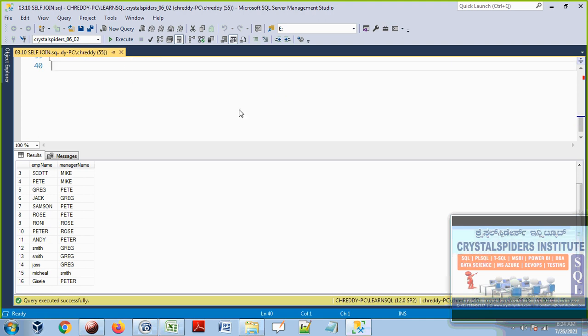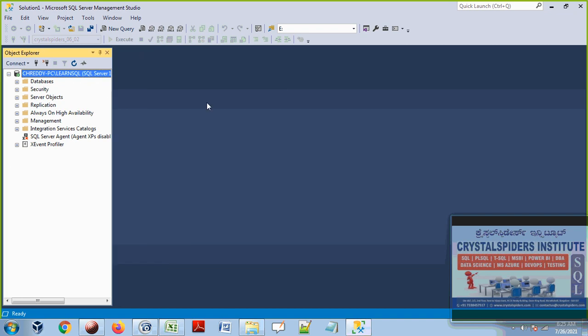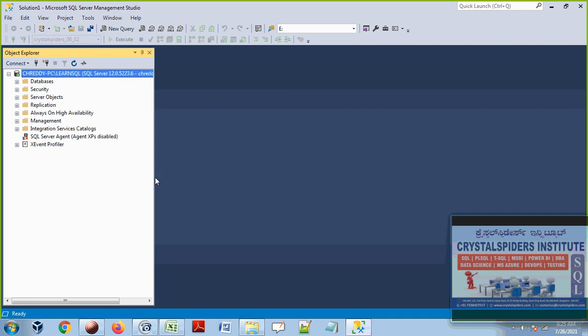Okay. And now we are going to see how to update or delete the data by using the joins. It's very important, guys. So deleting and updating the data by using the joins, because when we update the data, I am going to put the condition on a different table. So that's what we are going to see, the updates and the deletes. I want to delete all the employees from the IT department. I want to update the salaries of all the employees whose department location is in the UK.